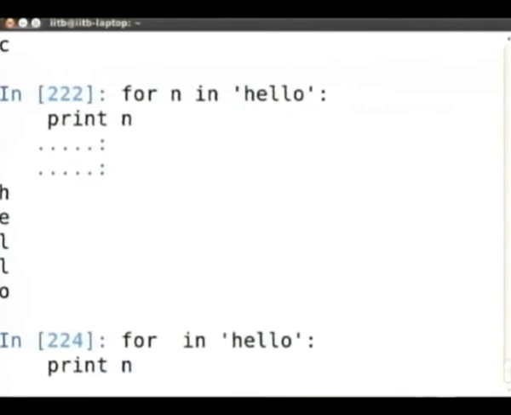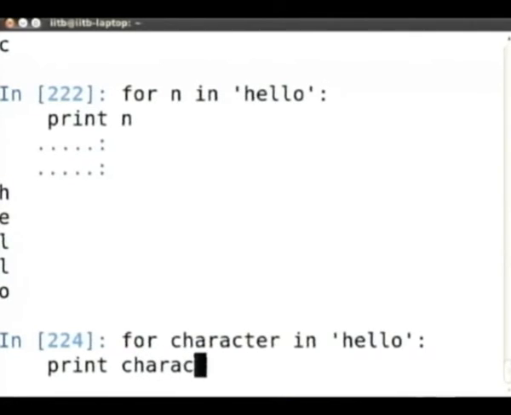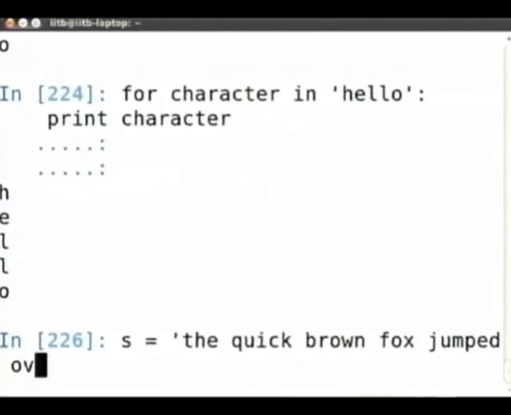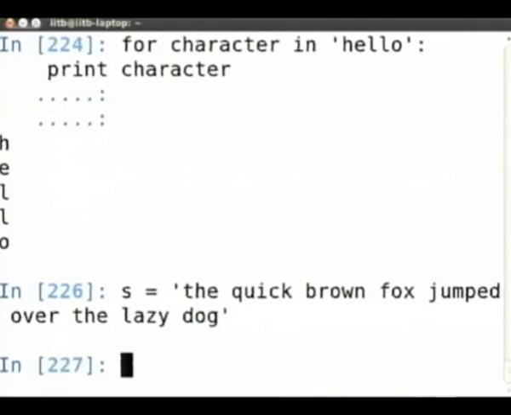And since n is a variable, you can have any name. So let's write something a little more complicated. For C in, so for C in S,